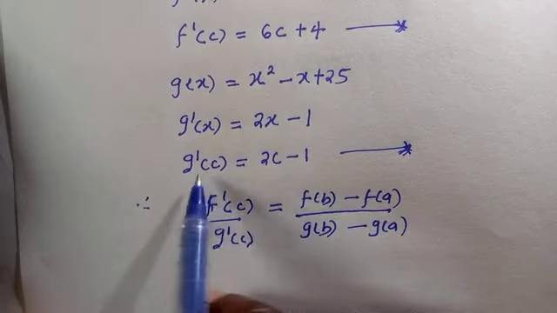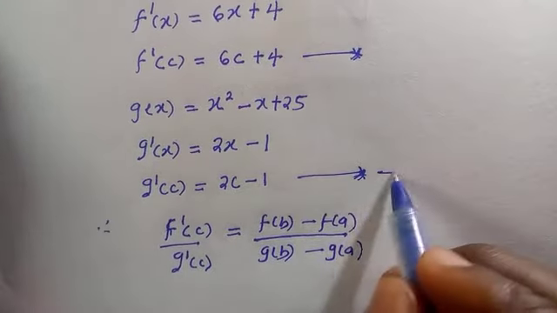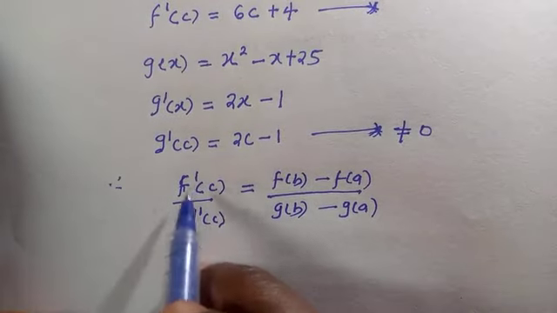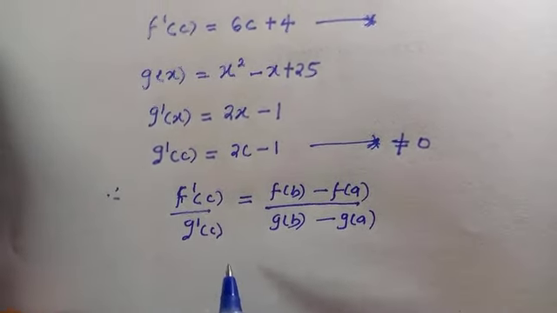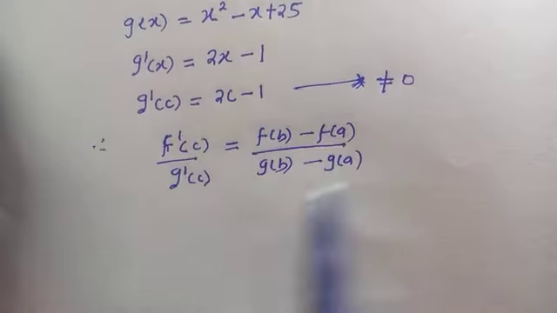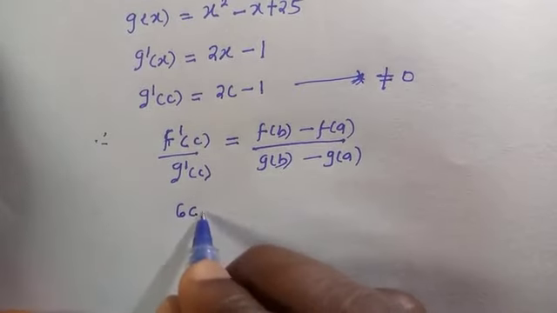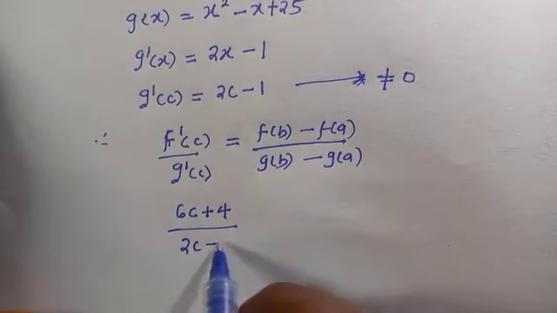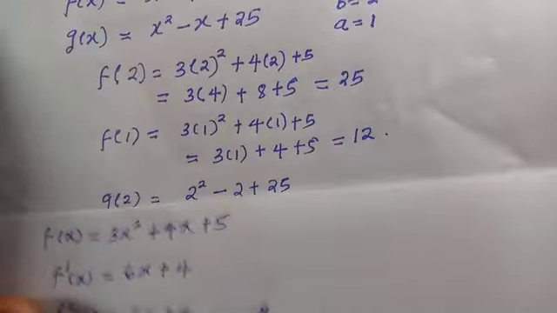As all this has been provided, we just replace them. And we know that g prime of c, which equals 2c minus 1, is not equal to 0 here. Then we have f prime of c, 6c plus 4, divided by g prime of c, 2c minus 1, equals